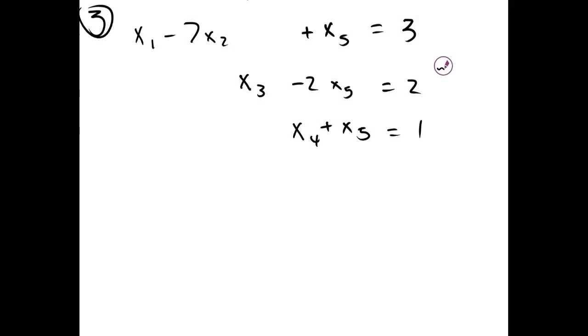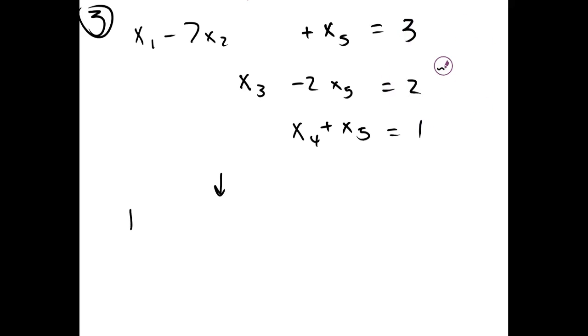So for our third example, we have three equations: x1 minus 7x2 plus x5 equals 3, x3 minus 2x5 equals 2, and x4 plus x5 equals 1. Now that we're using 5 different variables, we stop using letters like x, y, and z, and we just call them all x with different subscripts. So let's convert this into